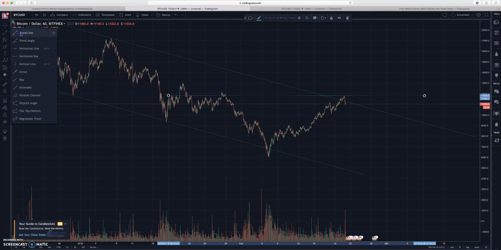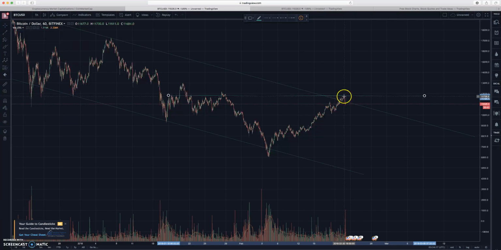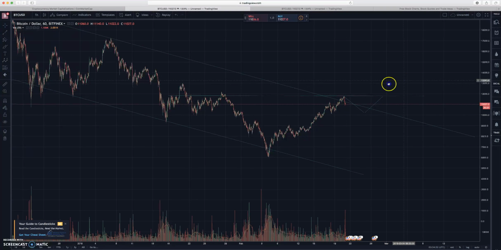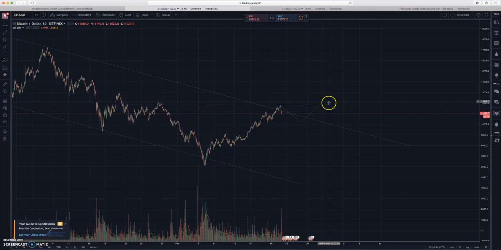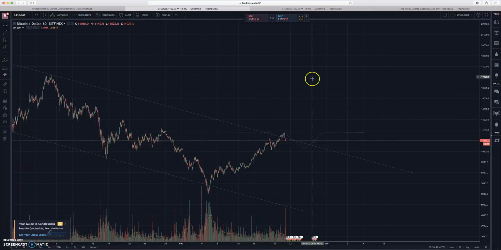I'm not super convinced, but you could have something, I should have just drawn a triangle in this situation, but you would have your right shoulder come down, something like this, and that would complete this head and shoulders pattern that we're looking at. And then, generally speaking, when it's an inverse head and shoulders like this, you'll see a pretty nice rise in price afterwards. And so that is something people are looking at.